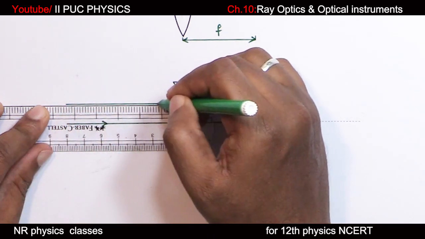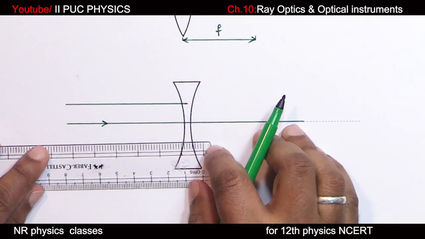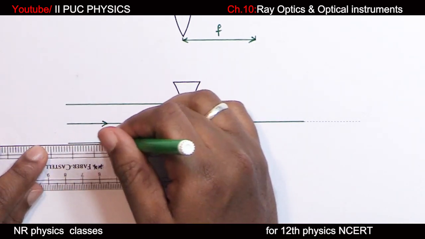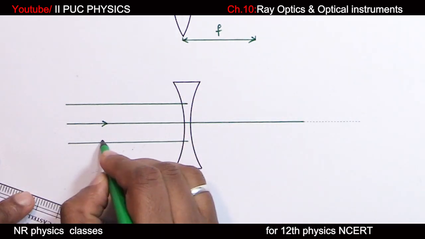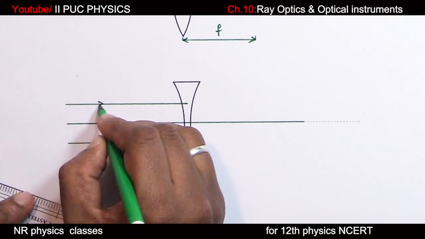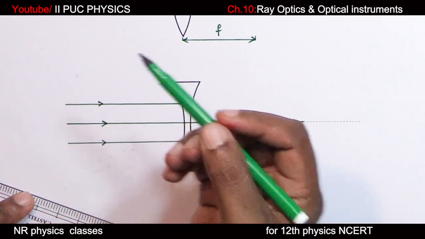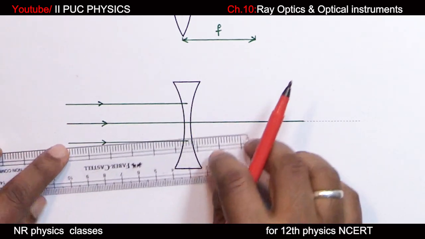Draw the incident ray till the principal section. Let me consider another ray, drawn till the principal section. I'll just change the color of the pen. After refraction,